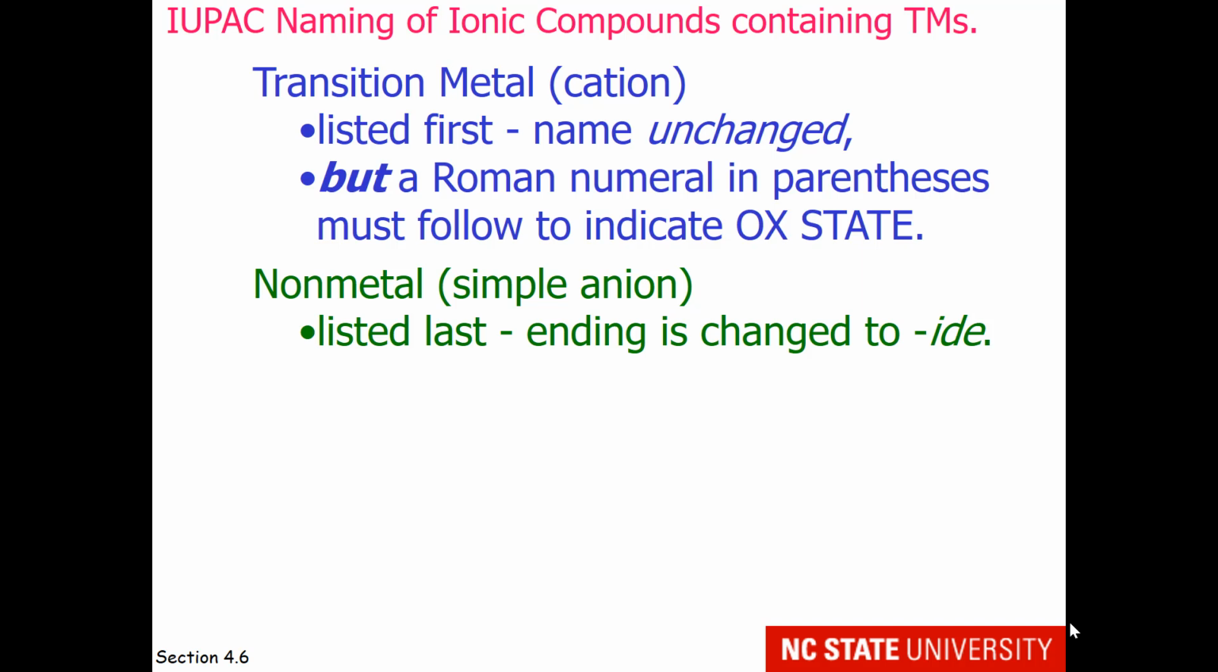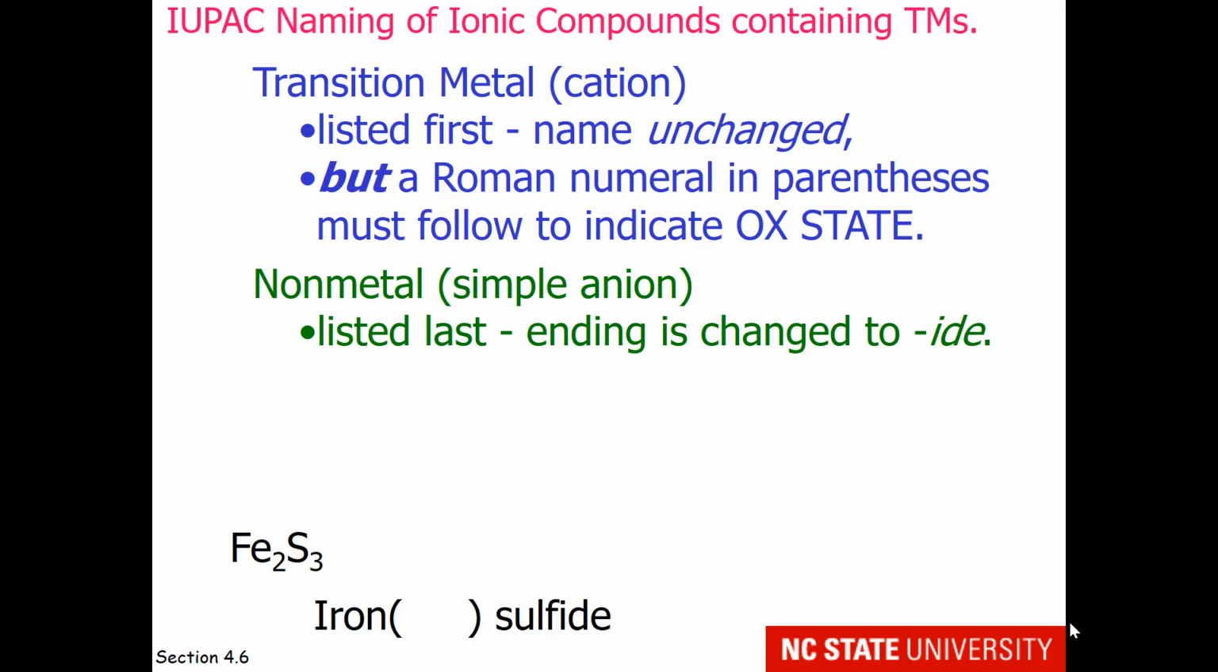What about transition metals? So these would be the ones in the D block, which sometimes have +2 oxidation state, but not always. What we're going to do is list them first with the name unchanged, but add a Roman numeral in parentheses to indicate the oxidation state. If our anion is a simple monoatomic anion, then we can just have the ending be "ide." Here's an example,